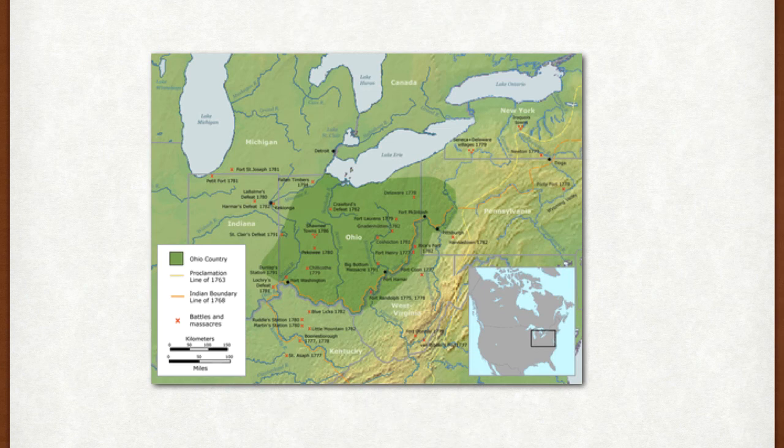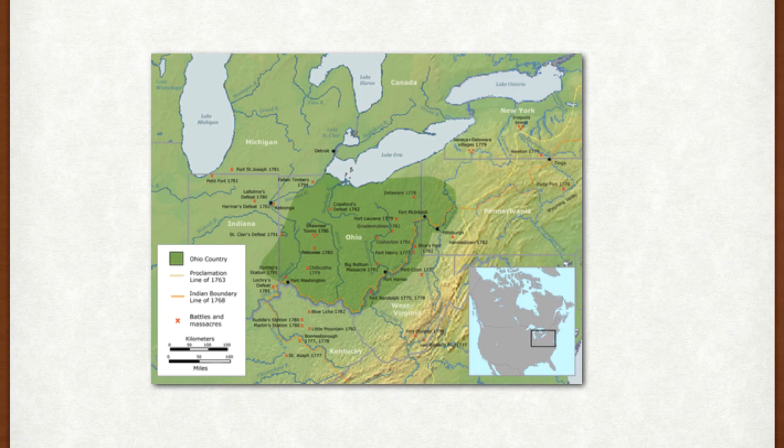So our last topic for today, remember all that sweet land we got from England for winning the war? We had to decide what we were going to do with it, right? Are we going to make it into new states? How many states are we going to make it into? And are those states going to become slave states? Throughout this class, we're going to continue talking about that because we have many more states to add to this country before the end of this class. So every time that they added new states, they had to determine this, right? Are they going to be free states? Are they going to be slave states? Who's going to have the power in our government?